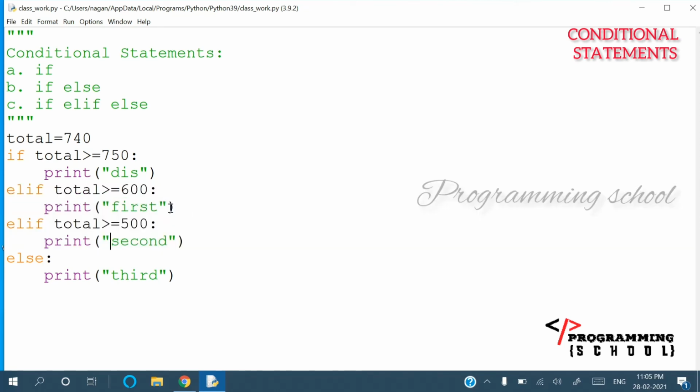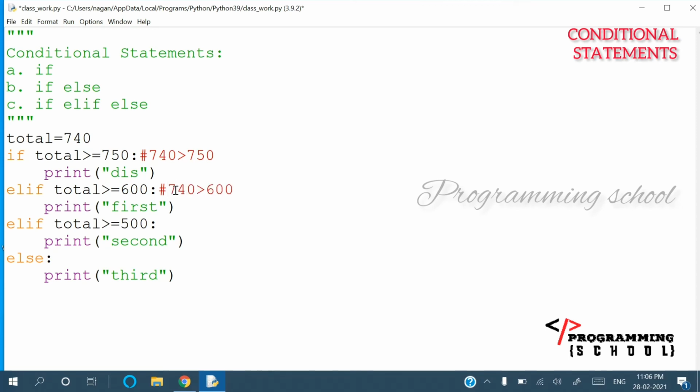Okay, like this, for example, if I am going to execute it, what is the total marks? This is going to be 740. Is 740 greater than 750? No, this is false, right? Then coming to here, if this condition is true, this block of statements is executed. If this is false, then it immediately goes for the next condition, and I check whether 740 is greater than 600.